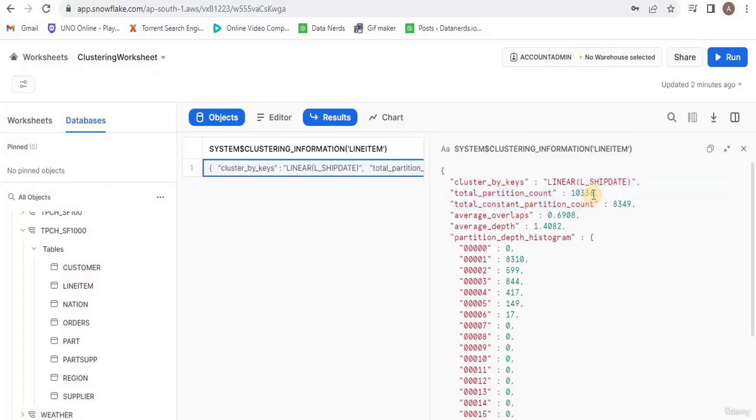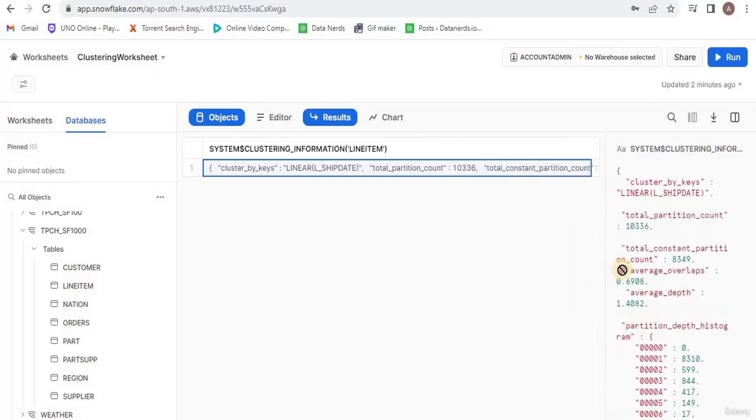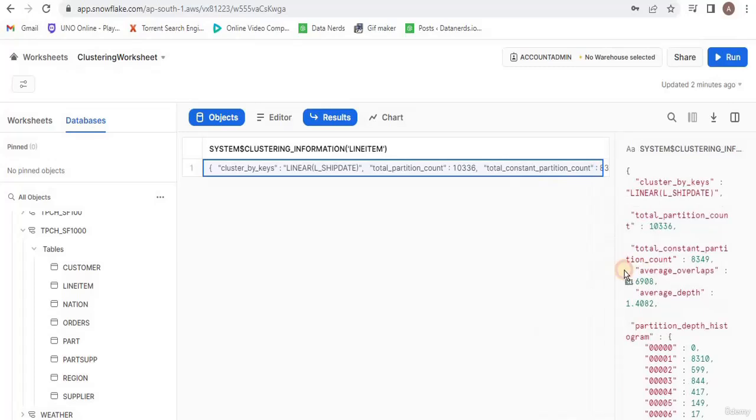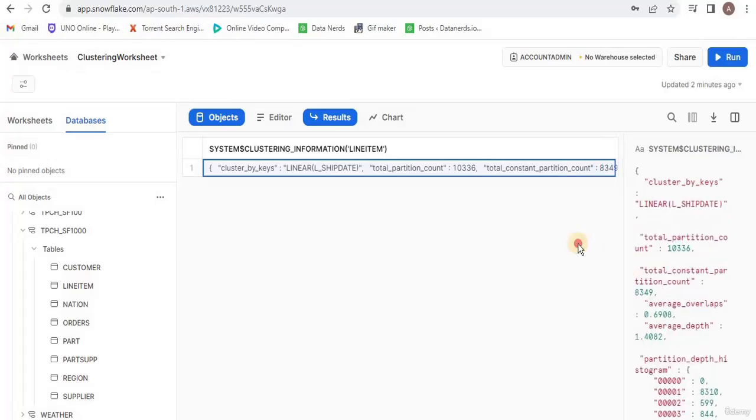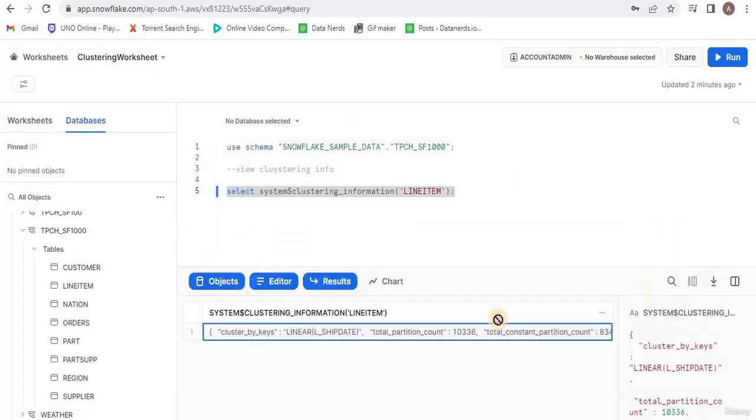The parameter total constant micropartition count is the number of micropartitions that will not have a significant impact as a result of reclustering. Reclustering, as the name suggests, is the process of clustering your table when the data arrives. For example, you have a table with 5 micropartitions. New batches of data are arriving and being ingested into this table. Snowflake will try to identify which chunk of this new batch of data goes into which micropartition. As a result, some of the micropartitions will need to be reclustered, but some will remain untouched, so the constant micropartition count will remain as it is.